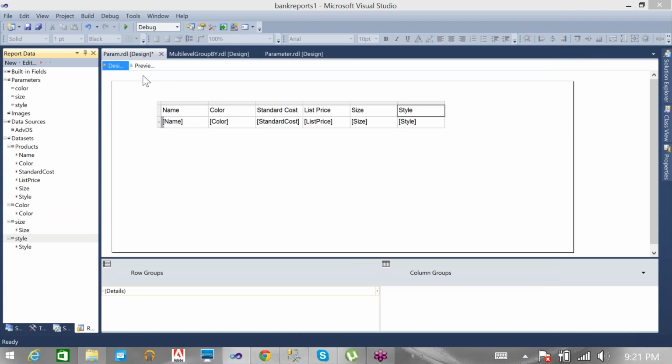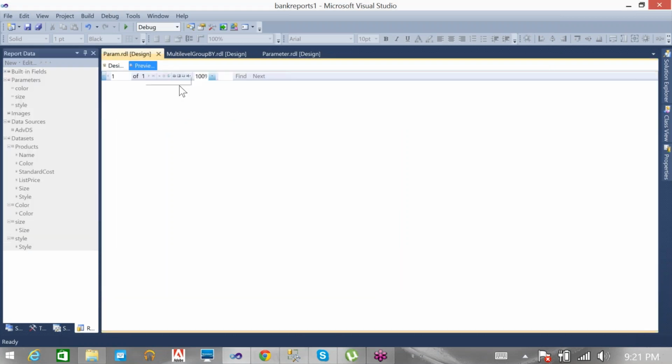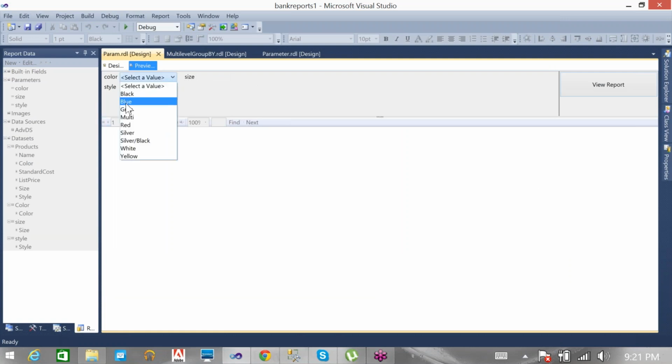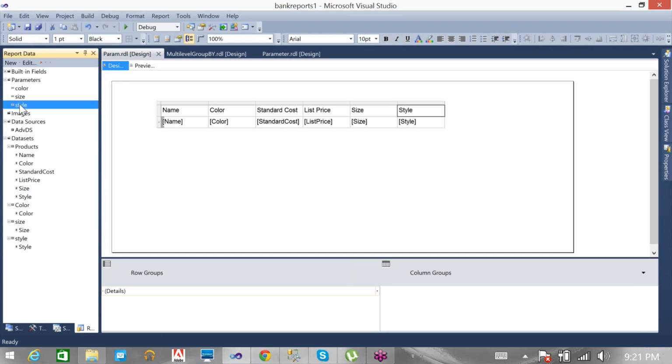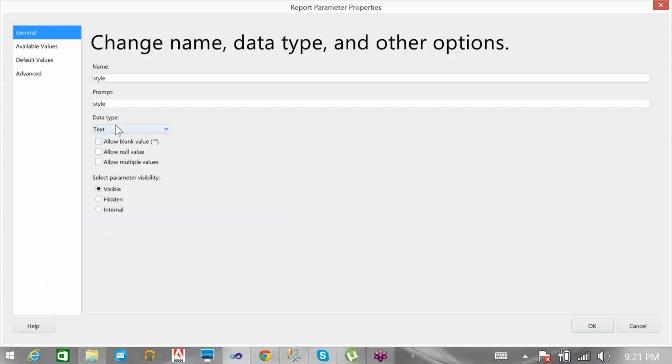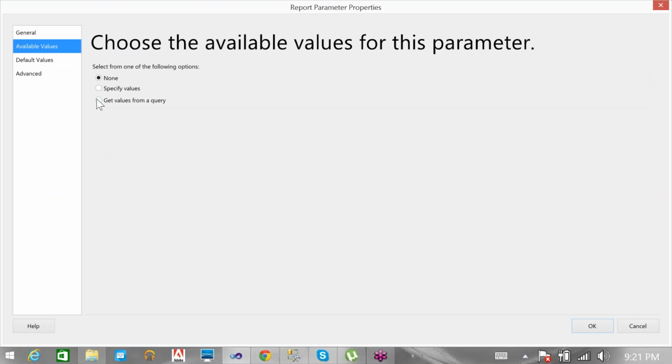Also, if I want to include this style as part of the selection, for example, if I'm selecting the blue color, 44 size and N, and I don't have any products, then people will ask. So style should also know the first two parameters' values.